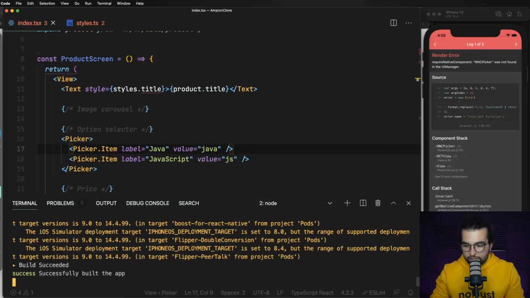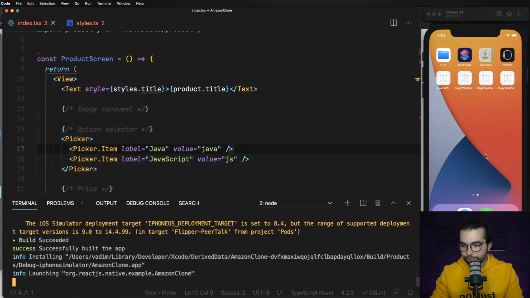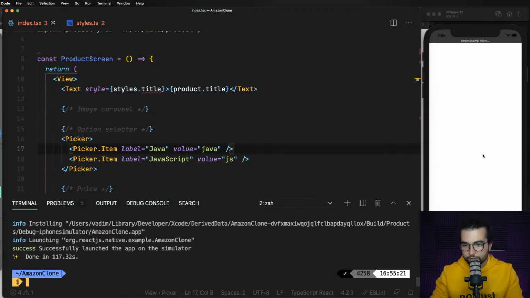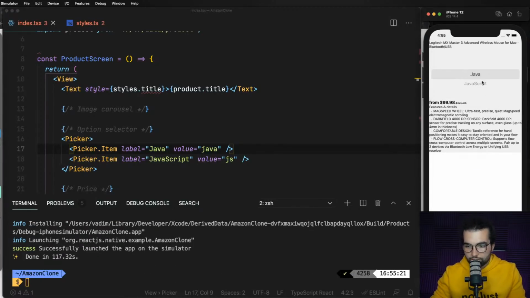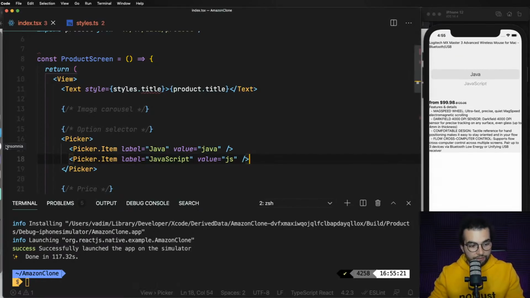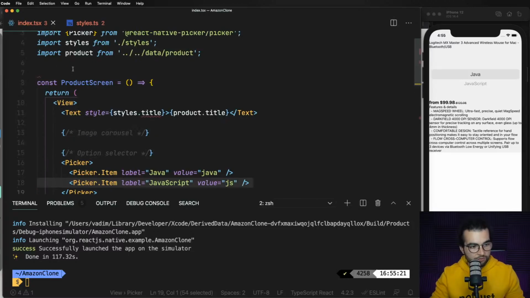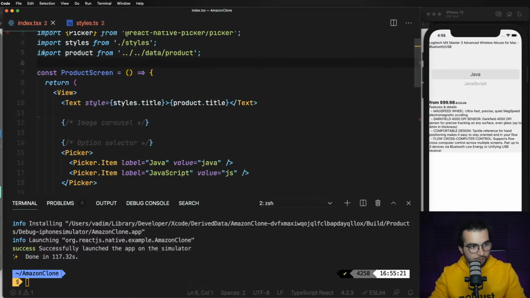Successfully built. Let's see. Yeah, it's here, and we see the selector here for Java and JavaScript that we have here. Okay, that's nice, but we would like to render the options that are coming from the product, because if we